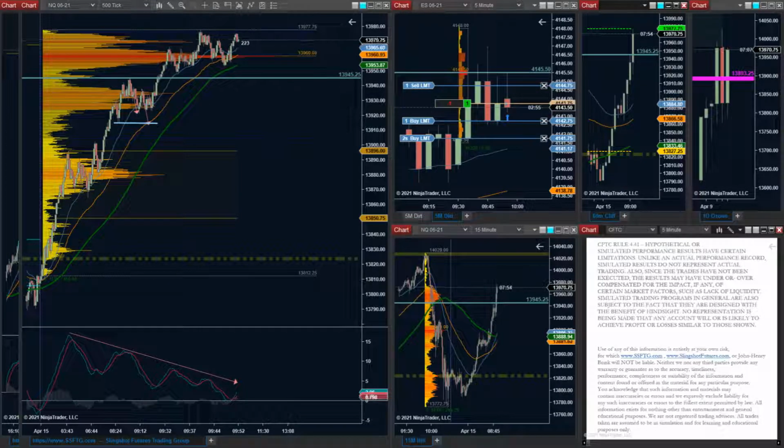But again, it's only scalpers here. I do not see a reason for swing traders to be doing anything on the S&P. Tested the second one, but I didn't get that fill. Now rotating back up.